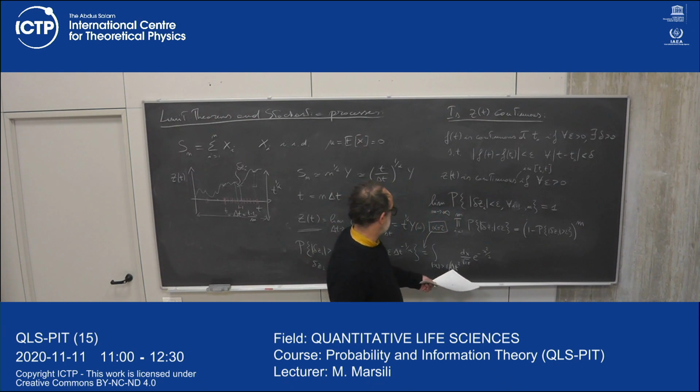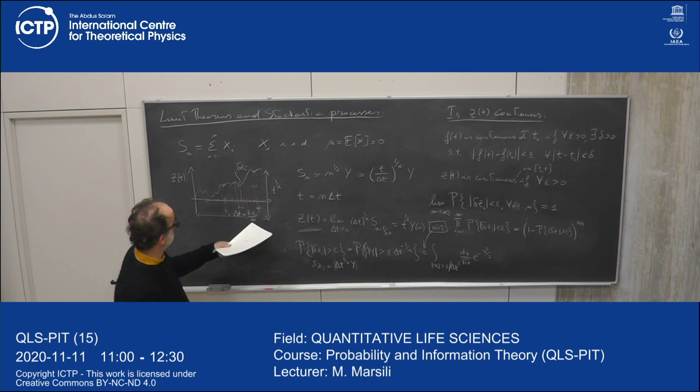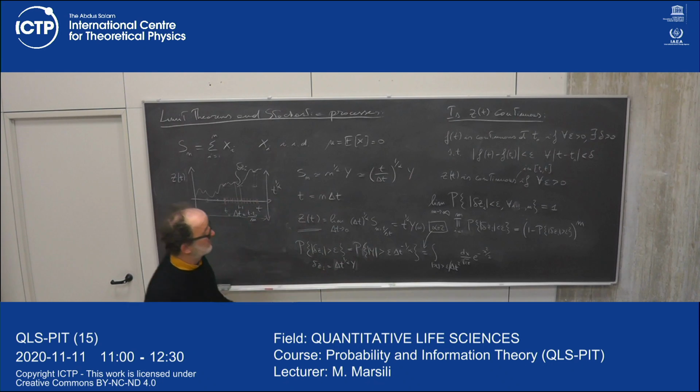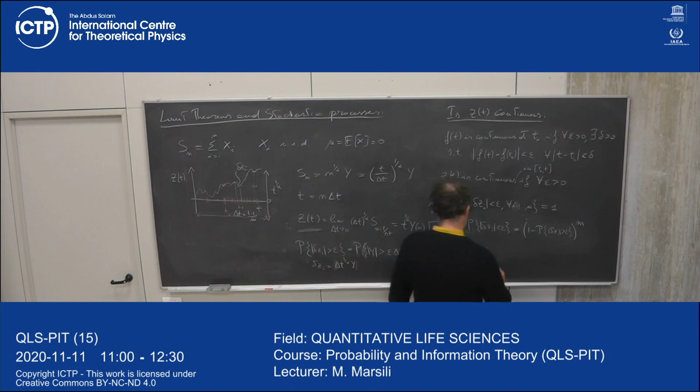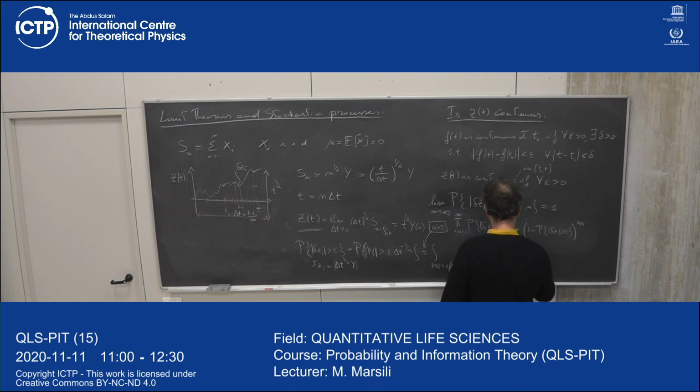Now this delta t is going to 0, so this integral is probing the tails of the distribution, okay? Because delta t is going to 0, and actually delta t is of order 1 over m. So if you do this integral, you can show that for the Gaussian, this is less than e to the minus